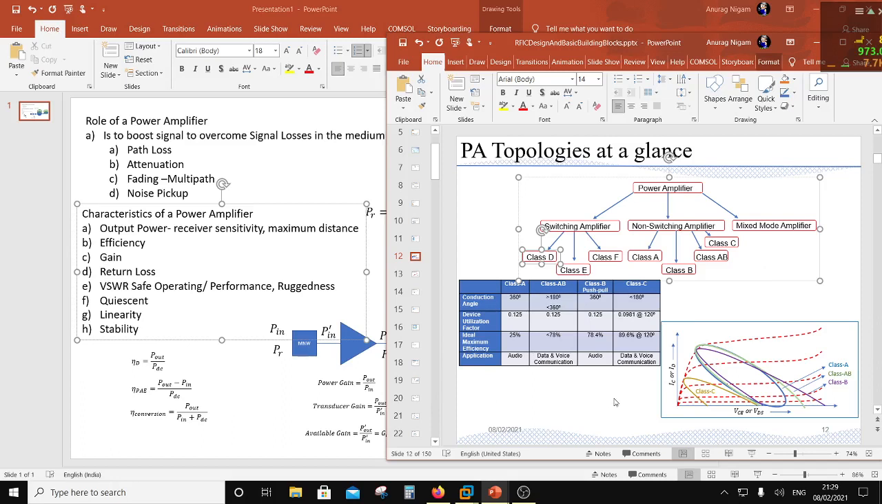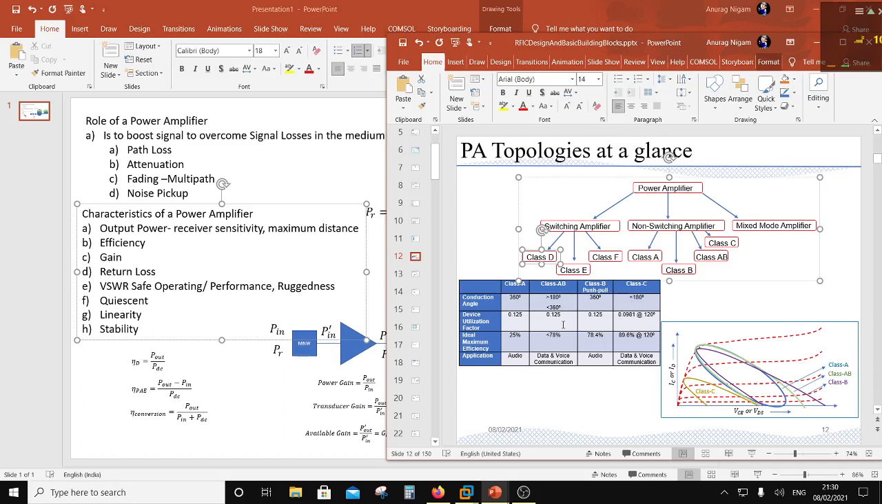What is this device utilization factor? It is the ratio of the optimum power you can get from the topology divided by the peak power of the device. That peak power is Vmax across the device and Imax through the device, so Vmax times Imax. Whatever the best output the topology can give relative to the peak power of the device, that is called the device